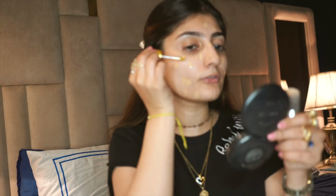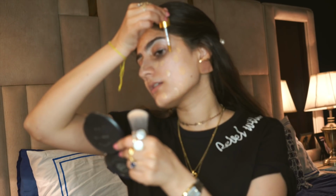उसके बाद what I really like to do is use this serum. This is the 24K Gold Serum by Beautify by Amna. Now I am very skeptical about serums. वो इसलिए क्योंकि कभी कभार जो serums होते हैं ना वो आपको इतना कोई shiny कर देते हैं. You have to be really careful. So I'm just gonna use a tiny drop. Oh my god, that's a lot of gold. And I am just gonna